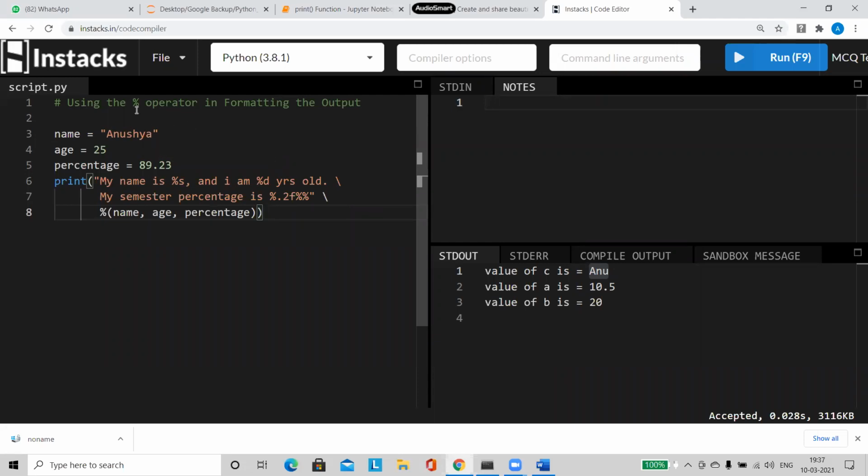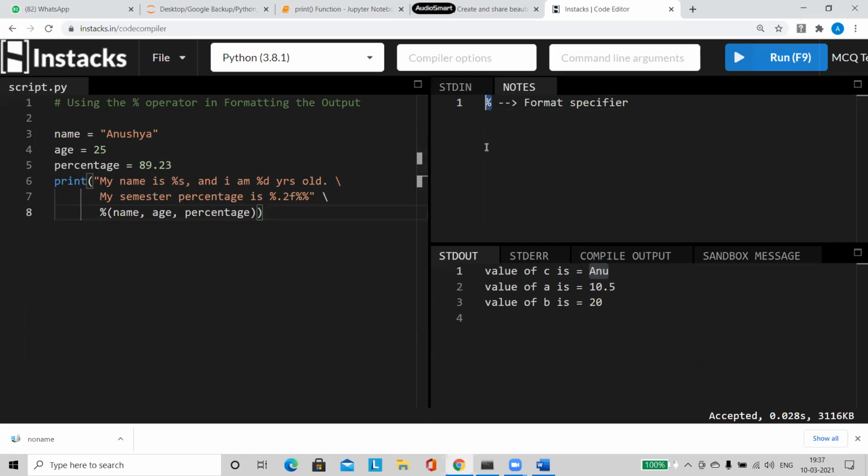See here, this is what we call a percentage. We call this a format, or rather a format specifier. If you are familiar with the C language, if you have some idea about C language, you would have seen this symbol. In C language, for printing, this is what we use. It is compulsory.